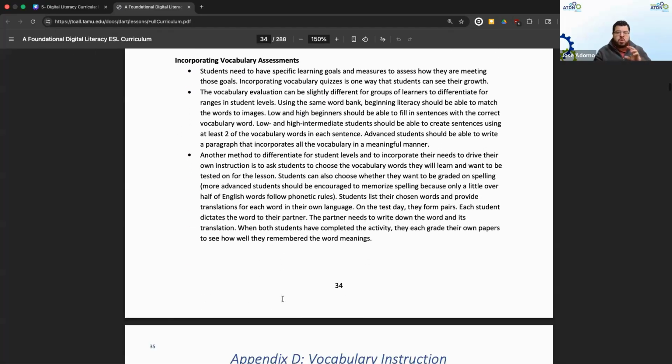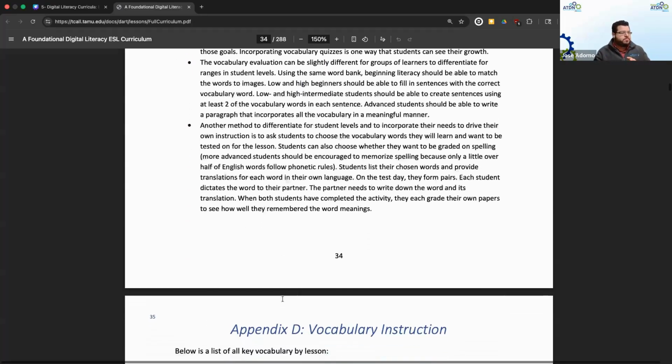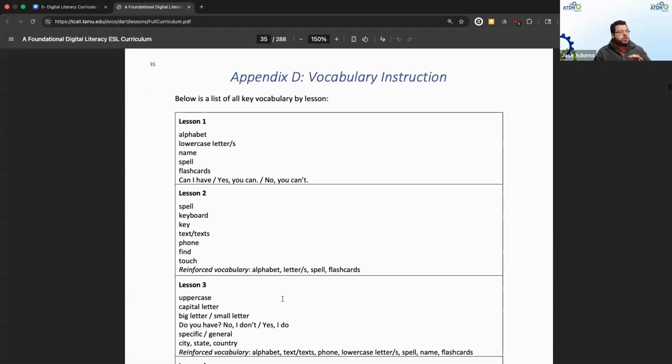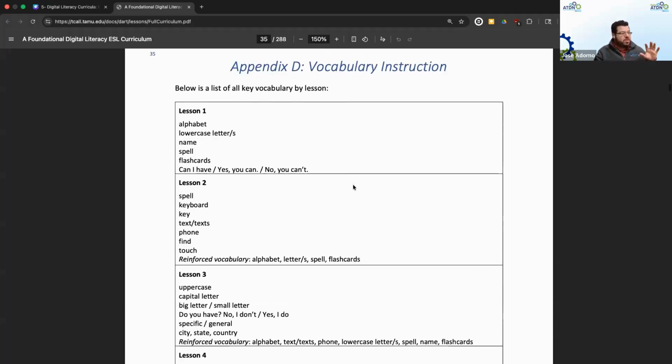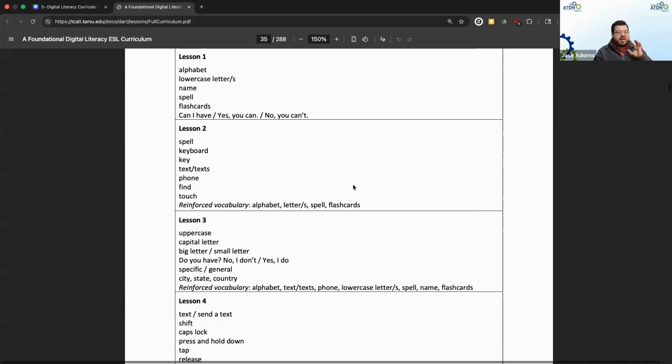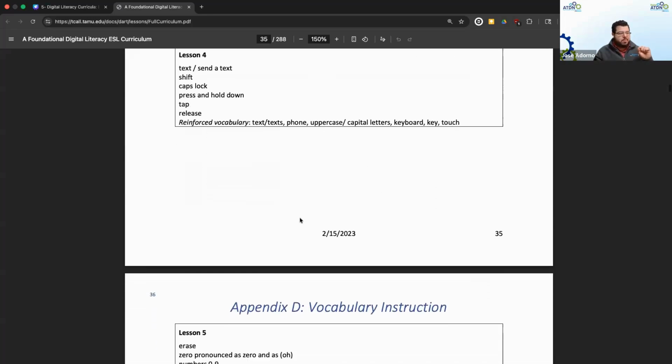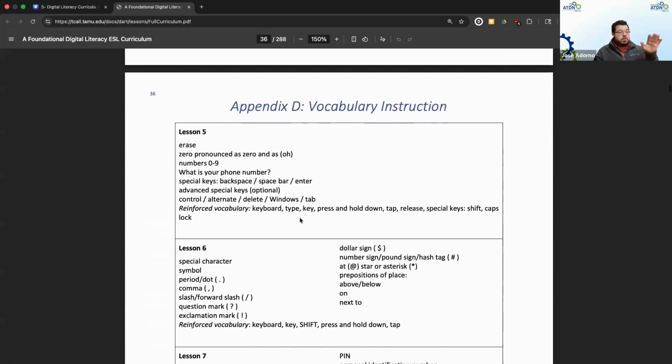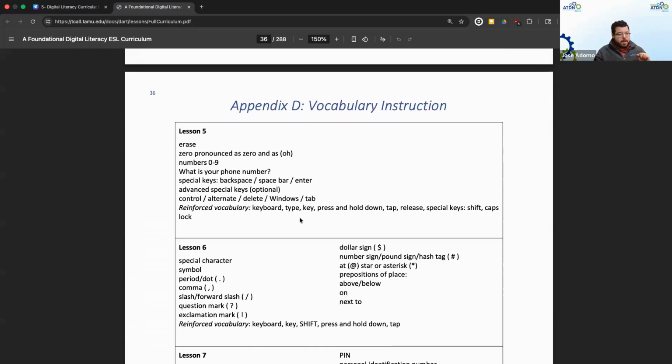So we'll just walk you through a few scenarios on how to do that. And then you go into part 35, which is what I've labeled here, will give you then the vocabulary words for each lesson. So again, if you're looking at specific areas, you're not necessarily going over the entire lesson, then you're able to pinpoint what vocabulary words you could focus on based on what you see in each lesson.